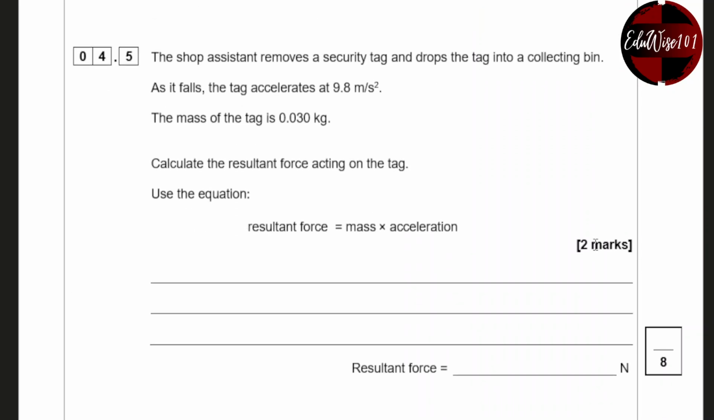4.5. The shop assistant removes a security tag and drops the tag into a collecting bin. As it falls, the tag accelerates at 9.8 meters per second squared. The mass of the tag is 0.03 kilogram. Calculate the resultant force. The equation for resultant force is mass,